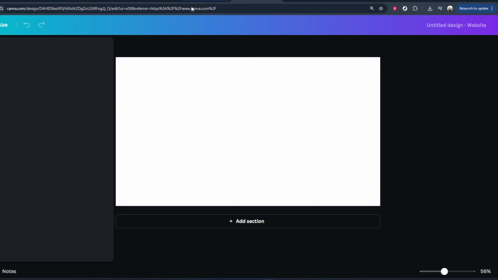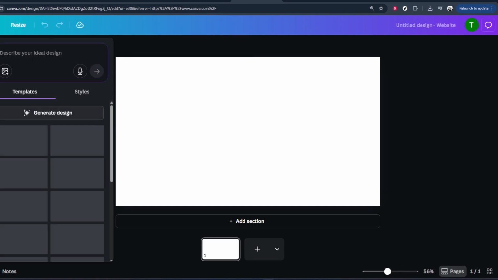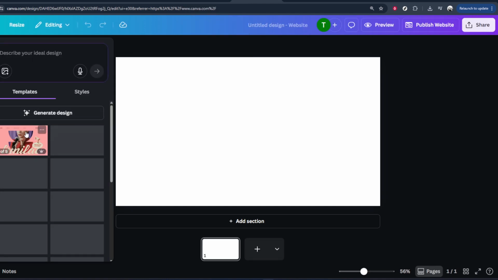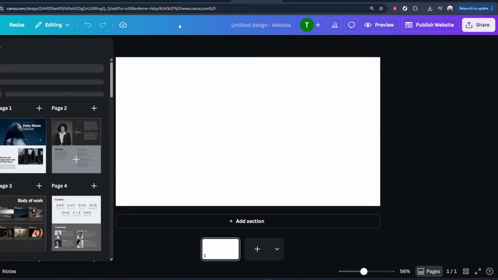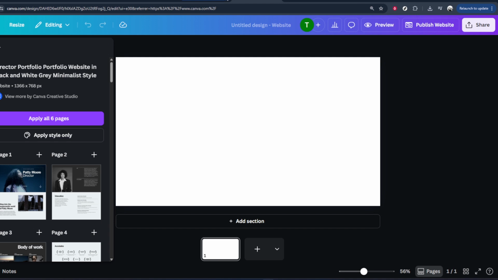First, you'll want to type in your title. This is usually the main heading that sits at the top of your page or slide, and it sets the tone for the rest of your navigation. Click on the text box at the top of your design, or add a new text box if you don't have one yet. Type in a clear, simple title that describes what this page is about, like home, about, or